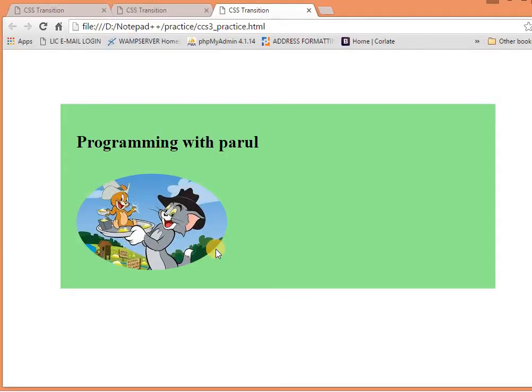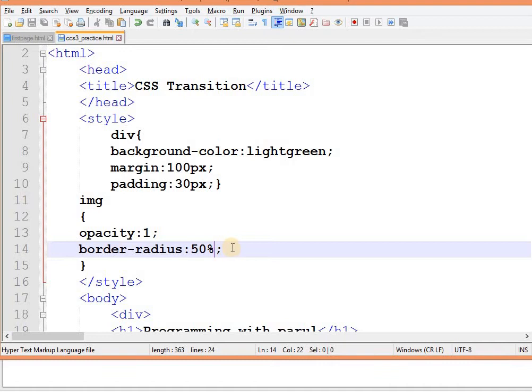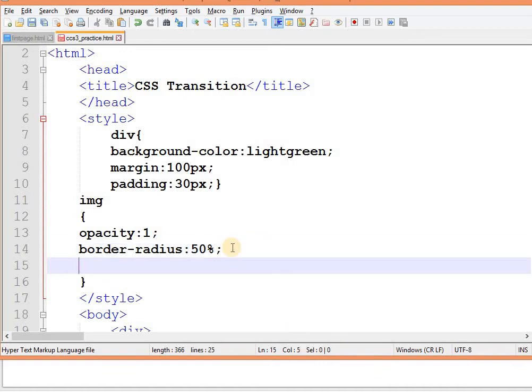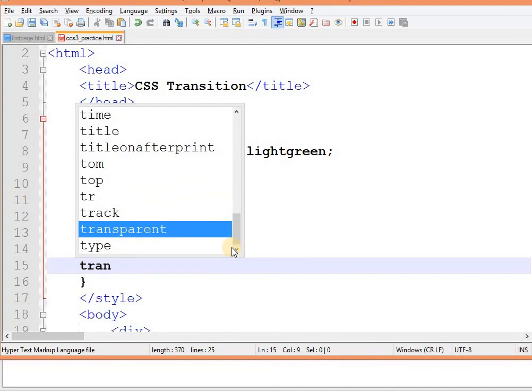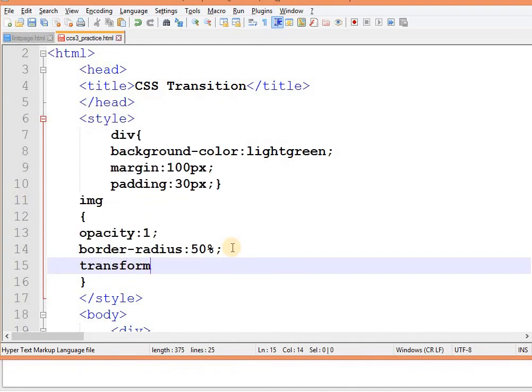Now what I am going to do is apply scaling. How can I apply scaling? For applying scaling, I have to use the transform property of CSS, in which I have to use scale. In what direction? Scale in the X direction. And how many times do you want to scale it? That means 1 time, 2 times, 3 times. Let me set it as 2 times.